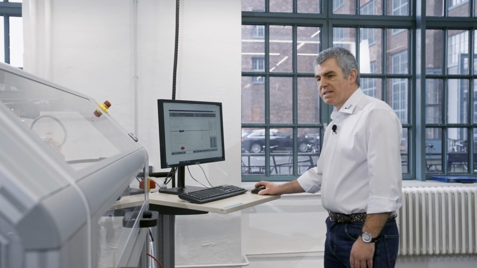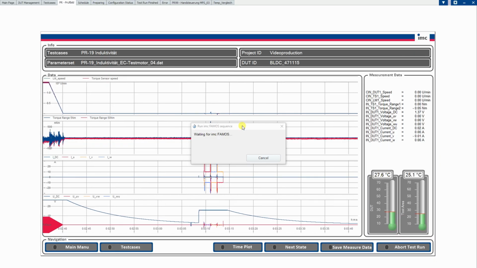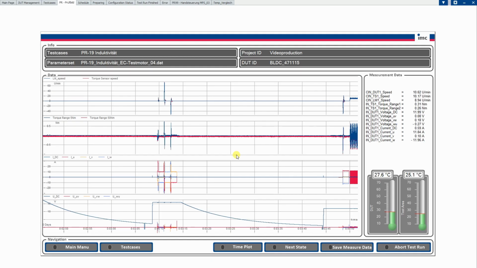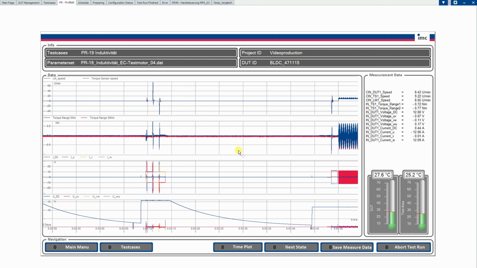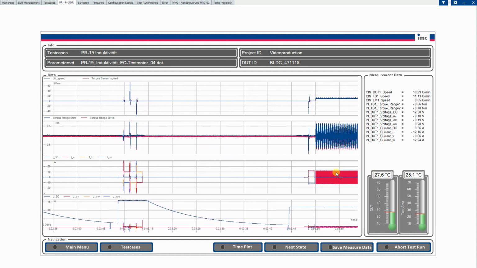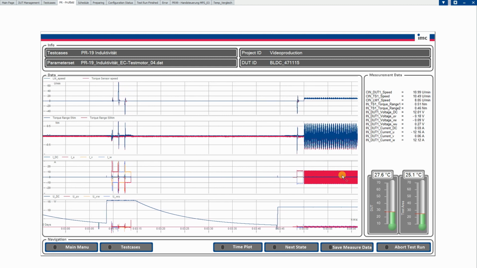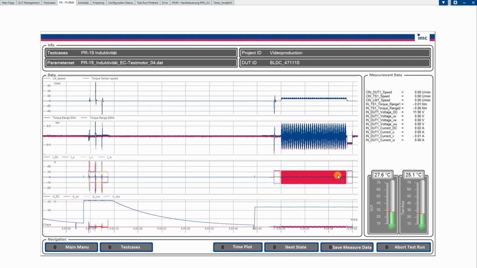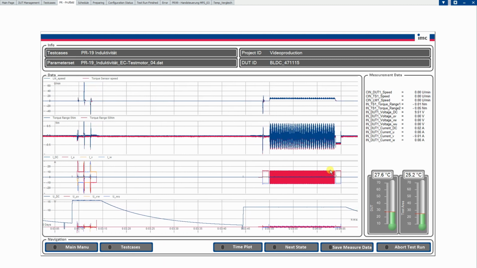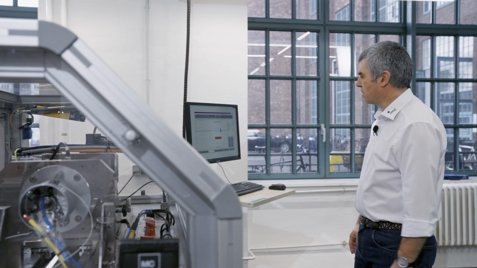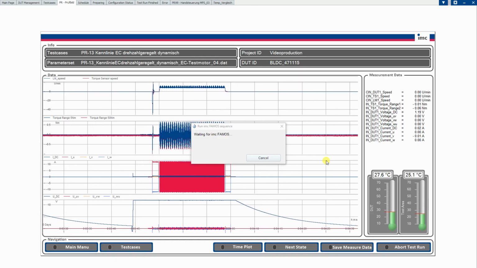We switch over to the inductance test, where we also have in the first set a DC current supply to the motor, and in the second set an AC current supply. The DC supply is a very short period we see here at the beginning. And now we are already in the alternating current supply for 3 revolutions as it was configured in the parameter sets. The test is done and we automatically go to the performance curve speed controlled dynamic,